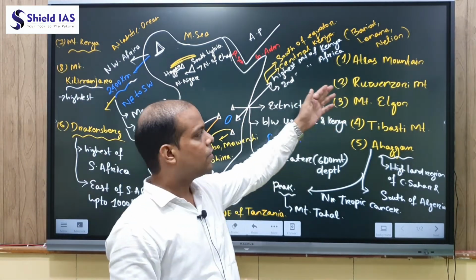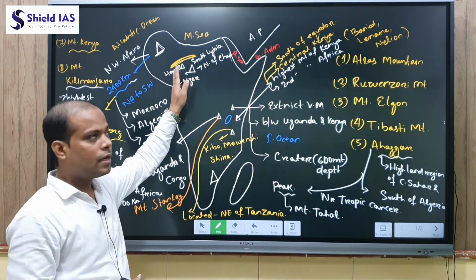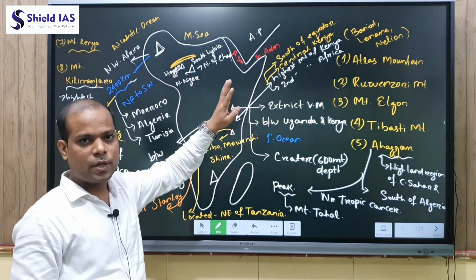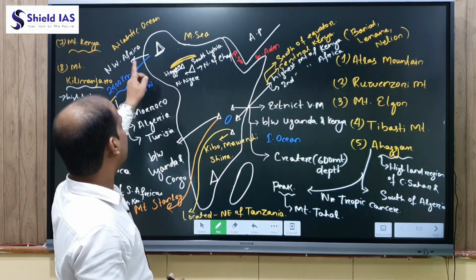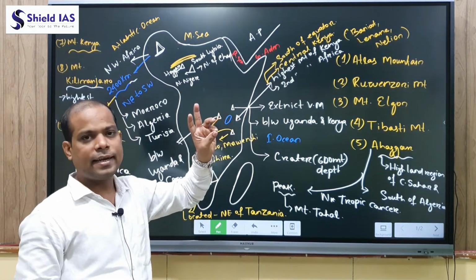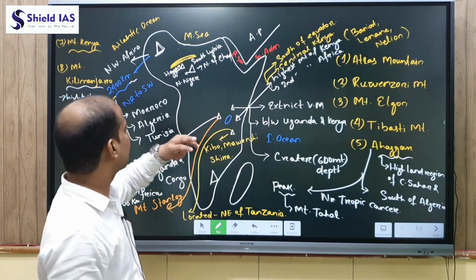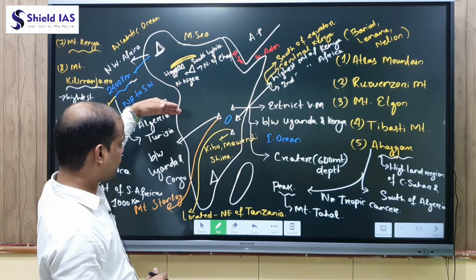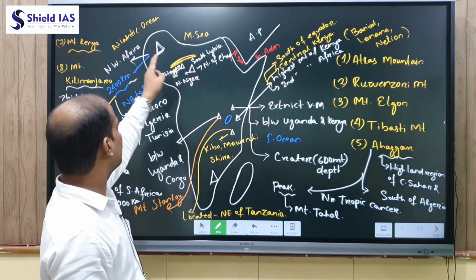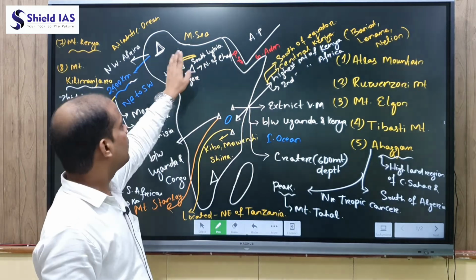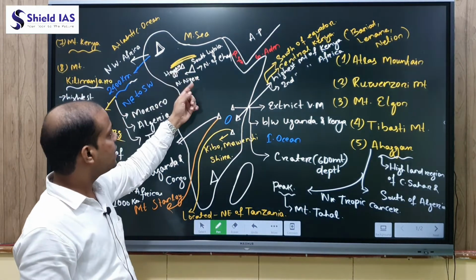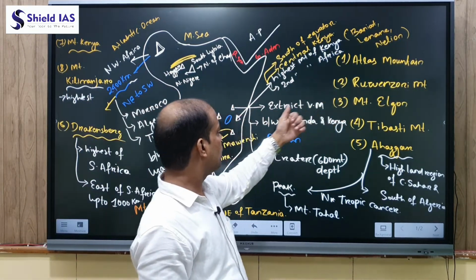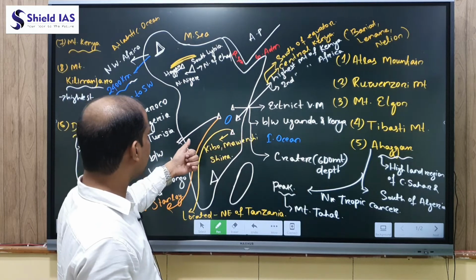First is Atlas Mountain, which is situated in the northwest of Africa and stretches from northeast to southwest around 2400 kilometers across Morocco, Algeria and Tunisia. Remember the MAT formula: Morocco, Algeria and Tunisia. The next important feature is that it acts as a physical barrier between the extensive coast of the North Atlantic Ocean and Mediterranean Sea in the northwest, and in the southeast we have Central Sahara. And after Atlas Mountain we have Rwenzori Mountain, which is located between the countries Uganda and